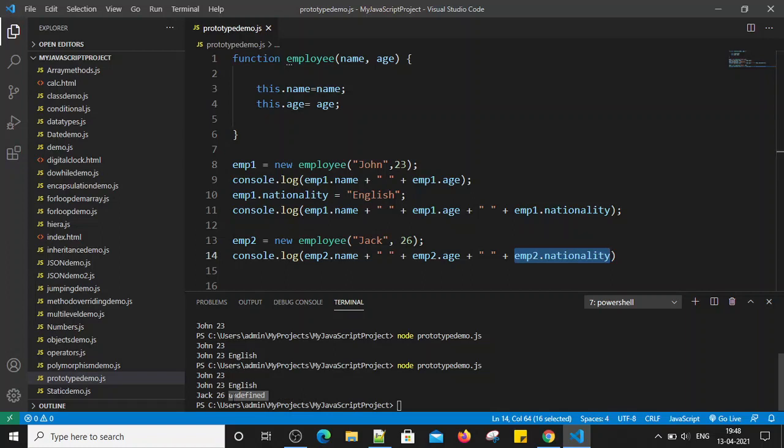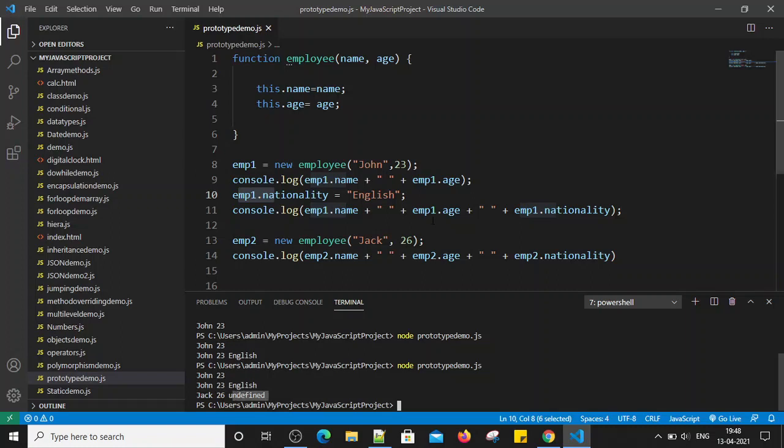So it is saying that it is undefined because the nationality property which we have added here is specific to the emp1 object only. It is not attached with the emp2 object or any other new object that we will create later on, right? So that is very specific to the emp1 object only. That's why it is printing English for John but not for Jack, right?